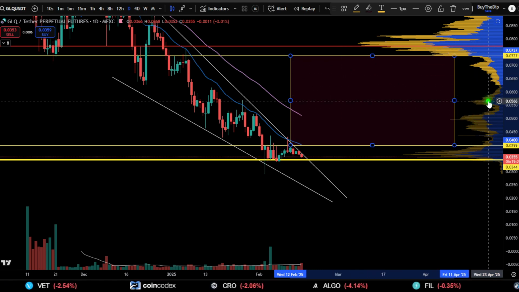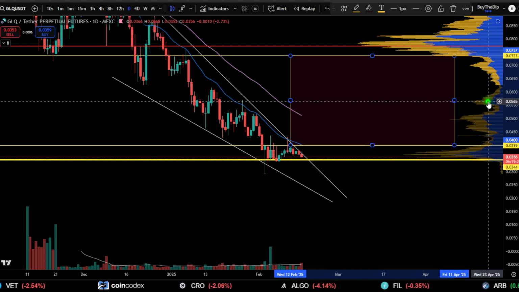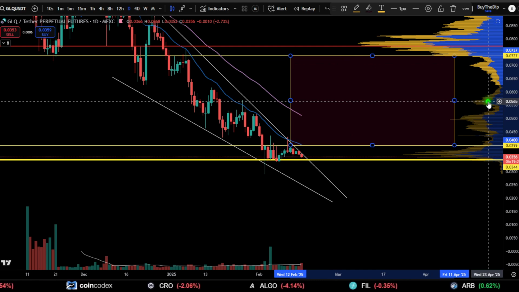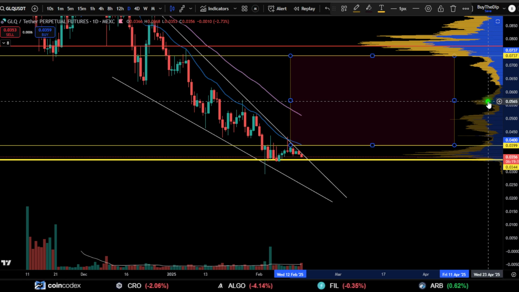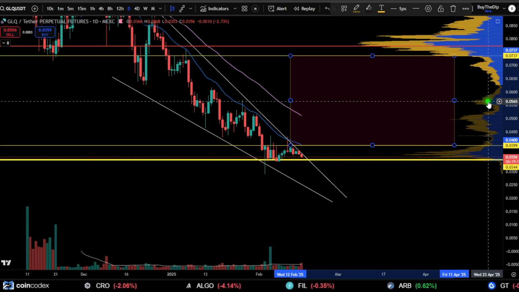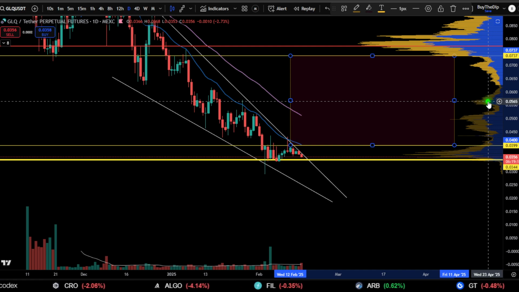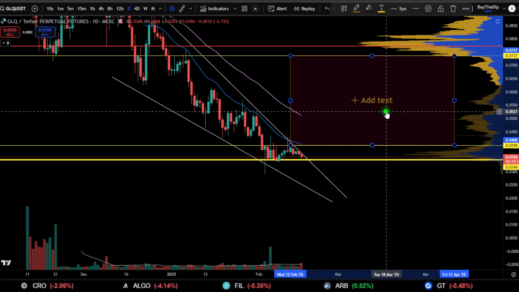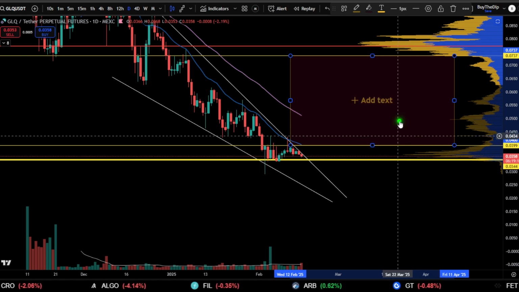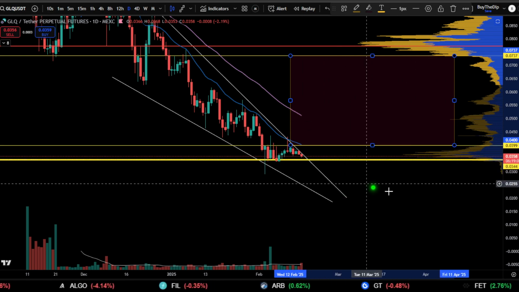A little bit of resistance. We can't be surprised if it acts as resistance, but I would say that it's a lot more likely that, if the price rises, it hunts that liquidity. You know what I mean? And basically gets those stop losses triggered that are right here and in shorts, right? So that's what I would be looking for.